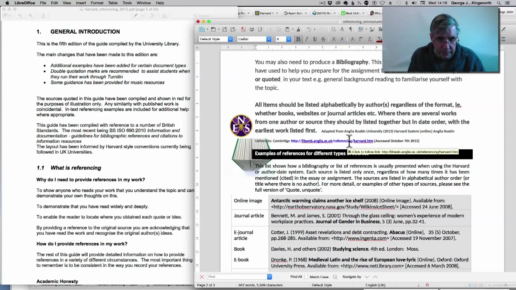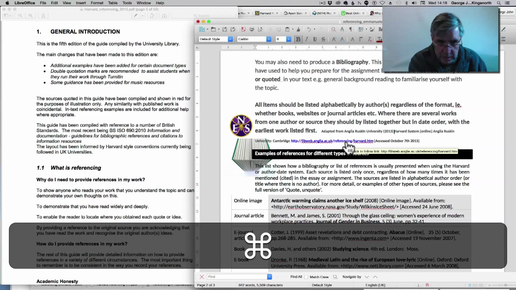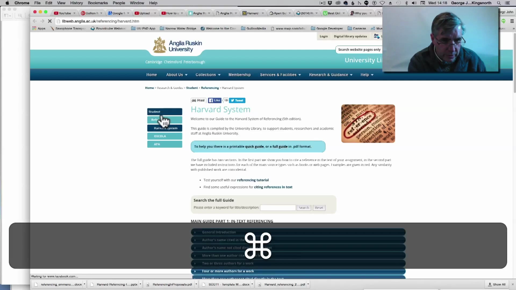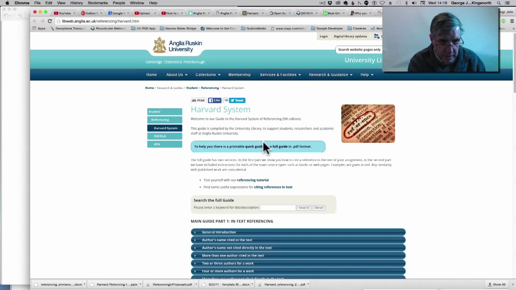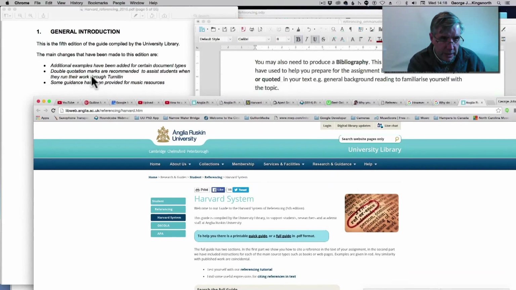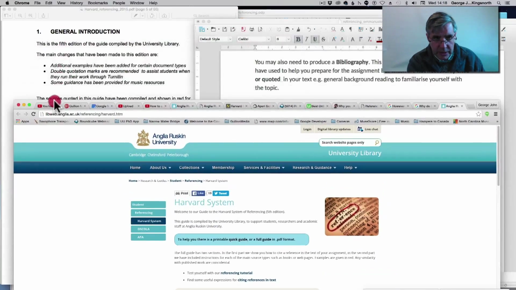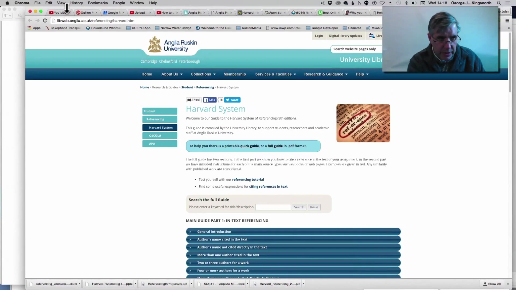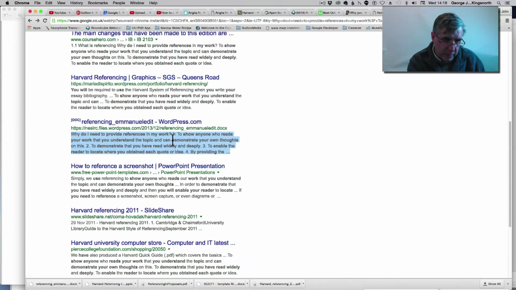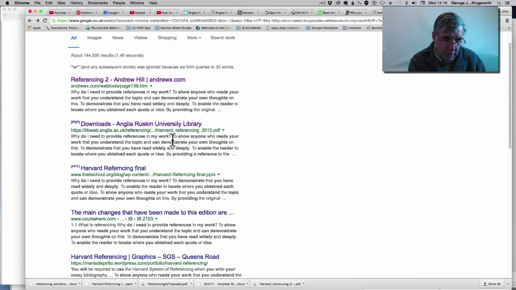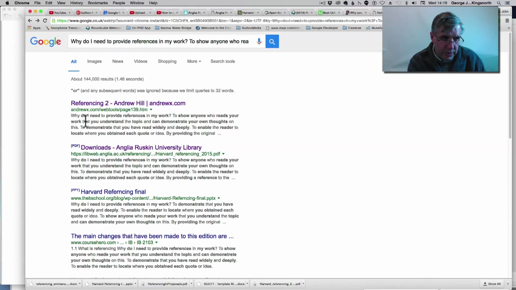And if I click on that, that should bring me up to here. Yep. And there's where you get the full guide. So there is a reference in there to that particular text. Now, the purpose of just doing this exercise that I've just gone through is to demonstrate to you how easy it is for me to locate a piece of text by simply copying and pasting what I've seen written in an essay and putting it into